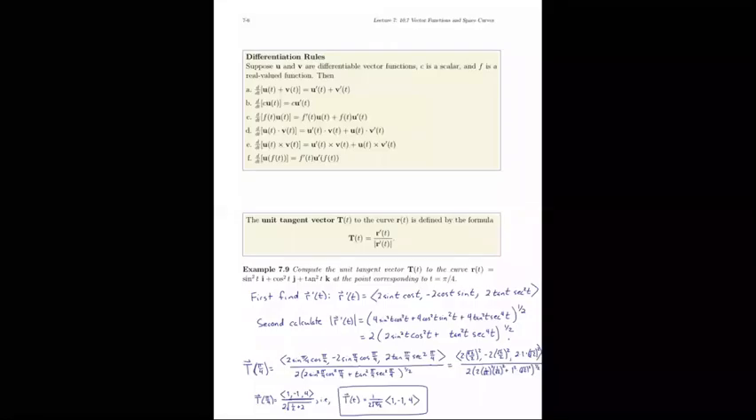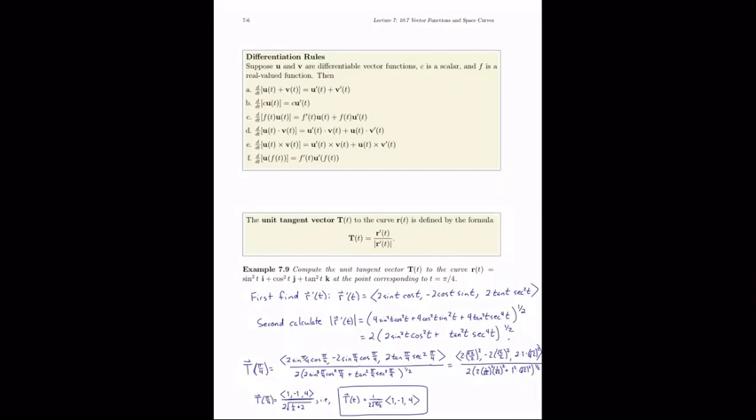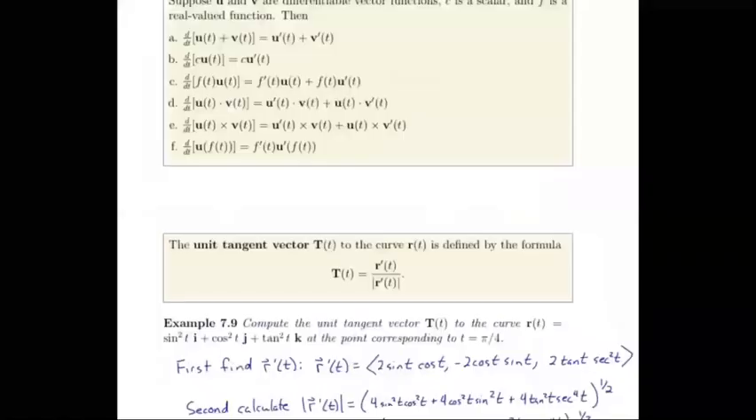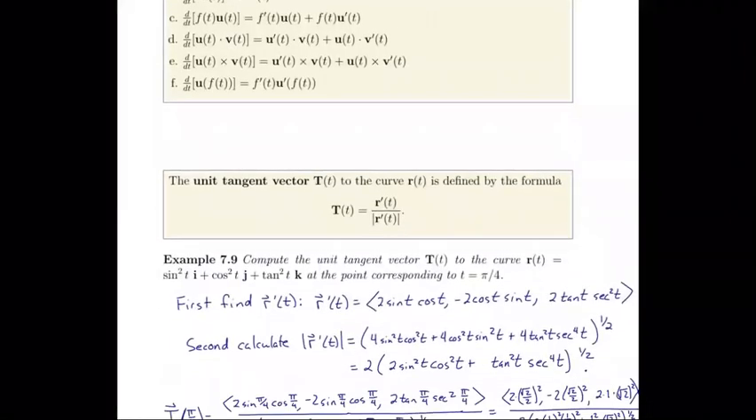Okay, so part 2 of 10.7 is to look at the unit tangent vector, this capital T of t, and its formula. The idea is we want to create a vector that's tangent to a three-dimensional curve, r of t, and the way to do that is very similar to how you create a unit vector given a specific vector. So you'll take the derivative of r of t to get r prime of t as a vector,